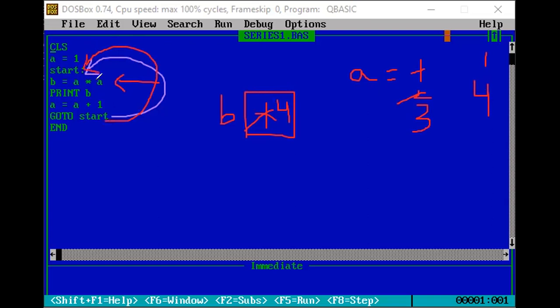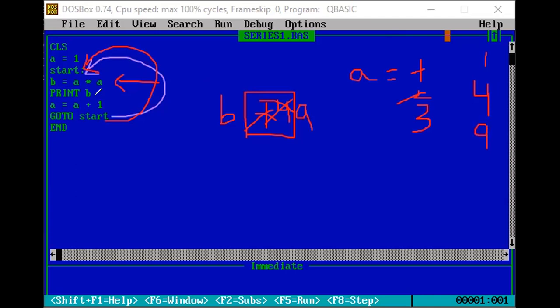Here B is equal to A multiplied by A. A की वैल्यू हो चुकी है 3. 3 3s are 9. Now B is not 4, B is something else, it is 9. प्रिंट B, तो 4 के बाद क्या आएगा फिर 9.